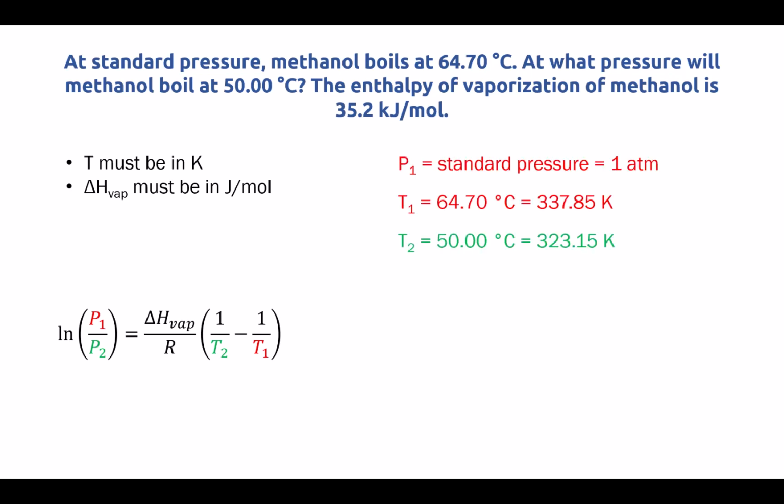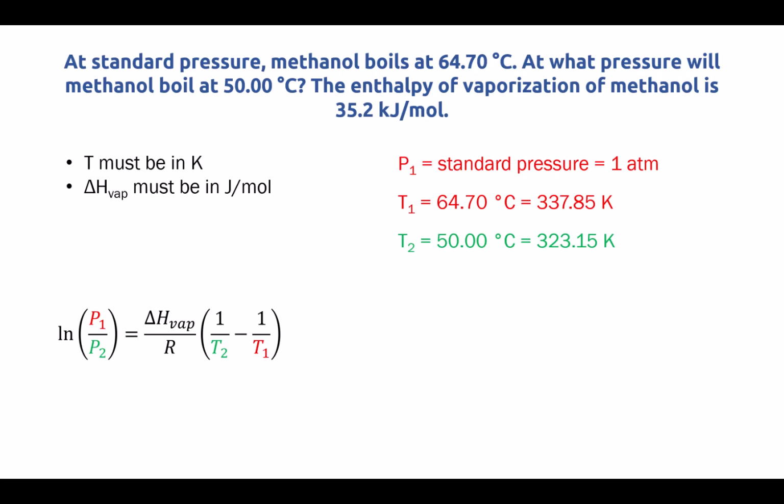Here are our values for P1, T1, and T2 then. I'm choosing 1 atmosphere, which is standard pressure, to be my P1. And if that's my P1, then the corresponding temperature needs to be 64.7 degrees Celsius. In order to get it into Kelvin, I just have to add 273.15, which gives me 337.85. Now that means that T2 has to be the other temperature value, which is 50 degrees Celsius and